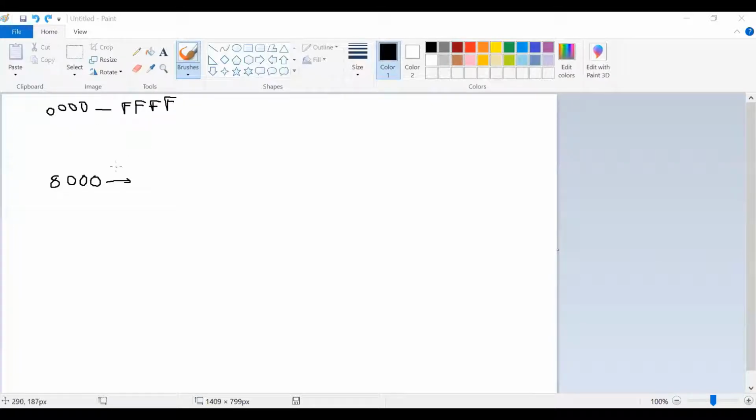Now take any one memory location, the starting point of any program, like I have written this one, move A comma B. Assume this instruction is loaded into 8000 memory location, but this one is for us.